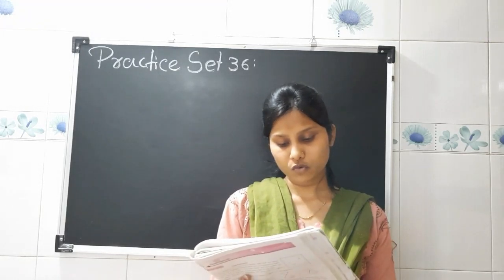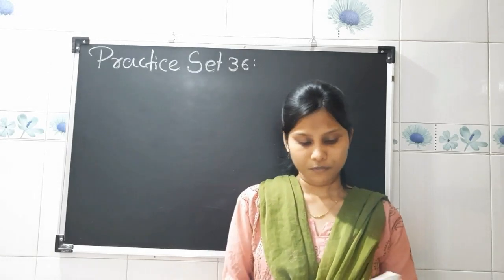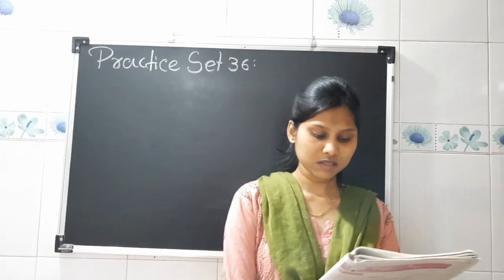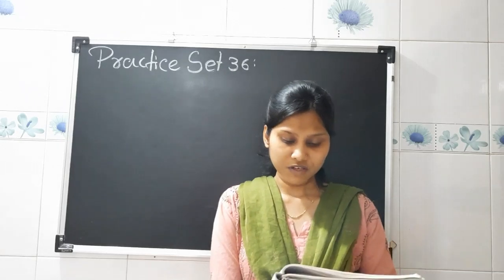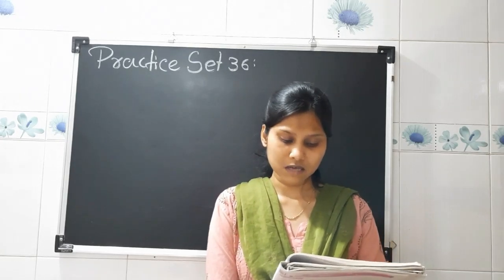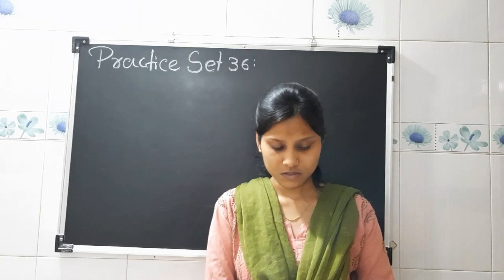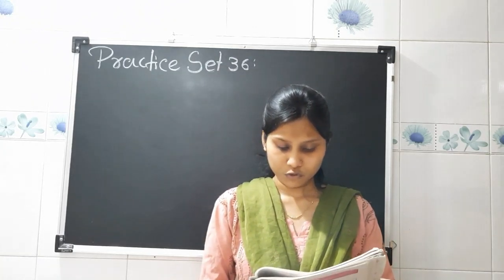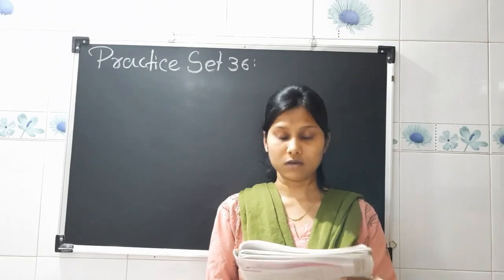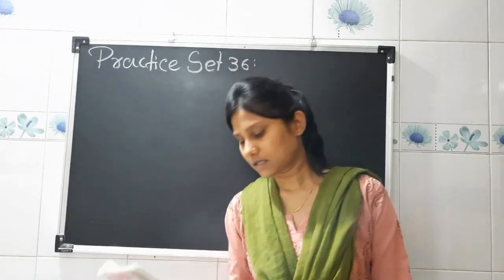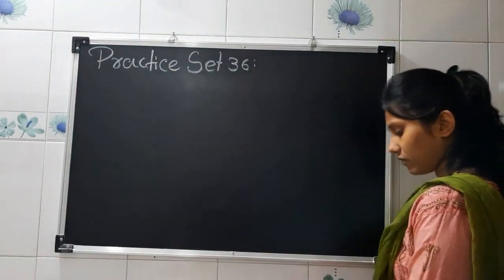Now we will move to question number 3. Okay, see here they have given you one situation. Let us read that. As shown in the figure, Avinash is standing near his house. He can choose from two roads to go to school. Which way is shorter? Explain why. See what they have given.